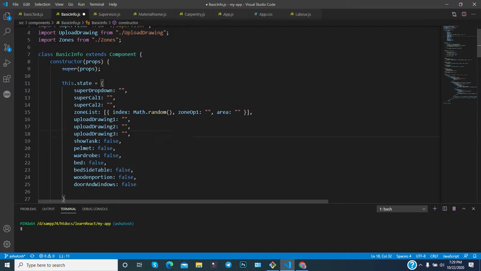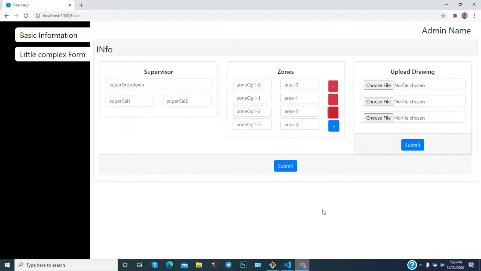For the zone, you can consider these things as an array, where the first row is one object, the second row is another object, and the third row is another object. In this way it is working.